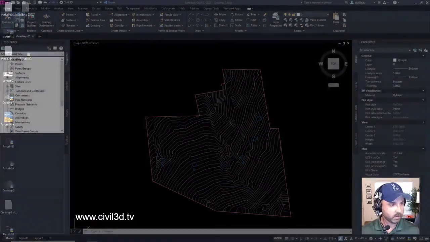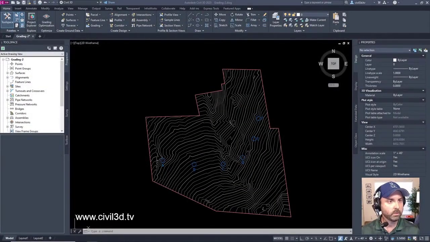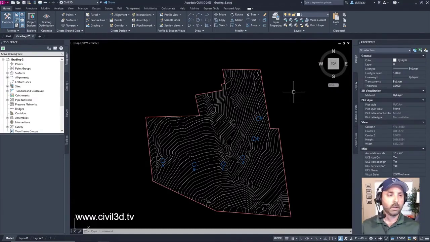We have been getting more and more involved into gratings. Let me pull up my trusty notes. I've got my chat window open just in case anybody wants to chit-chat about Civil 3D, but we're going to be diving into gratings once again, folks. This live stream is solely for me to get reacquainted with some of the different features of Civil 3D, because I don't know if you're like me, but if I'm not using them regularly, I tend to forget things.